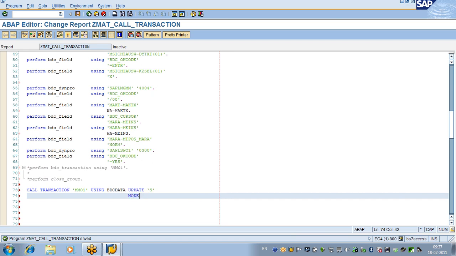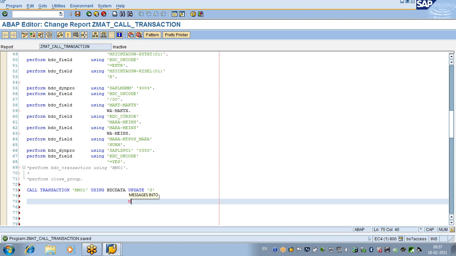Asynchronous update is faster, synchronous update is slow, but synchronous update will give you the data guarantee. Asynchronous will not give you a data guarantee. And messages into mesh tab. Okay, fine. So now update is S means synchronous, mode A means all screen,